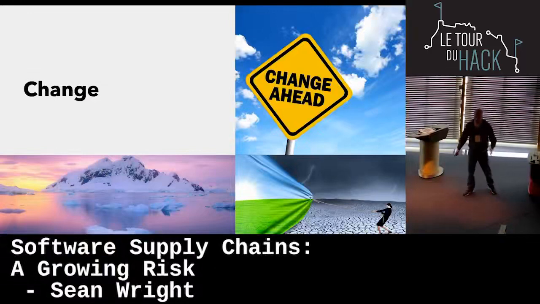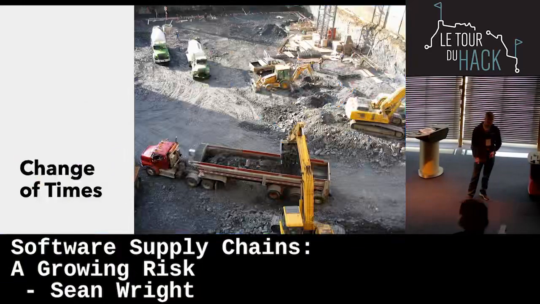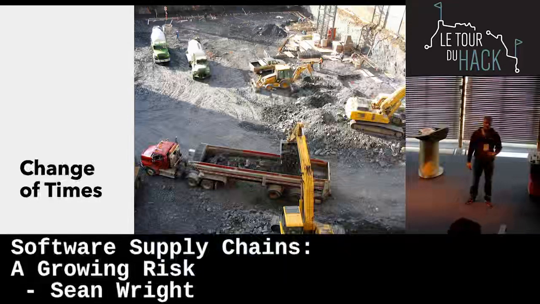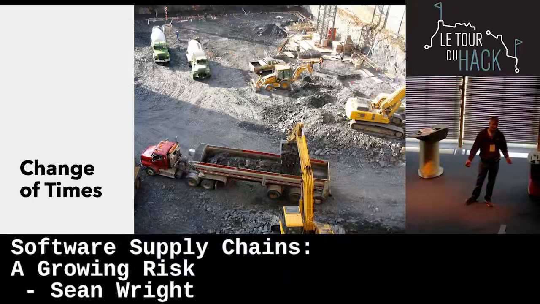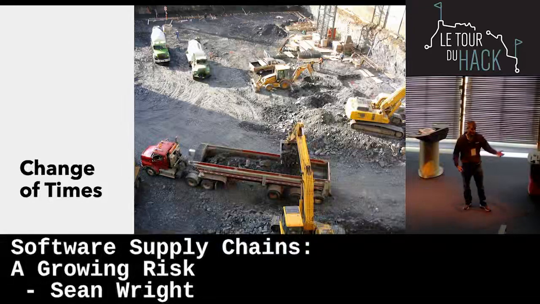I think one of the important things is we need to take a step back and see how things have changed over the years, especially when it comes to developing software and including third-party software in there. When I first started off my career, third-party software wasn't really that common. You would develop things from the ground up. Companies would build out internal libraries, and you'd probably be asked the question, why would you want to use someone else's stuff? Why are you not developing it internally?